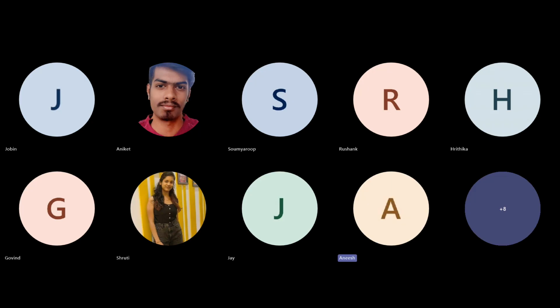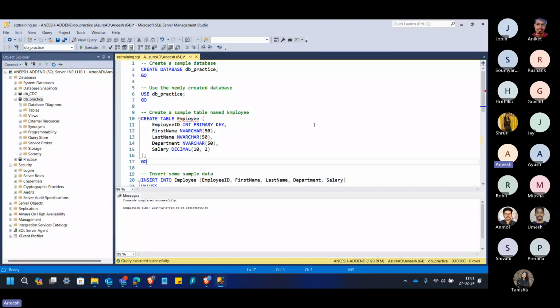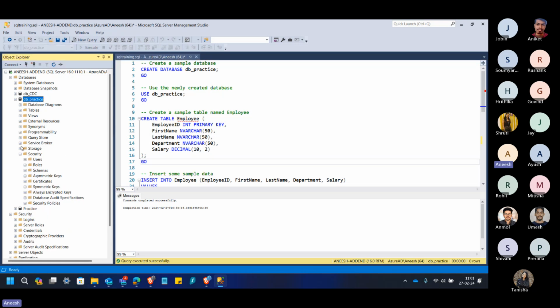Our today's topic is to explore various database roles in SQL. Generally, we can say that there are many types of SQL database roles. Some of them are predefined roles, which are existing roles that are inbuilt in SQL Server, and the other one is the user-defined roles. If we talk about predefined roles, we can check in the security option and under the roles,